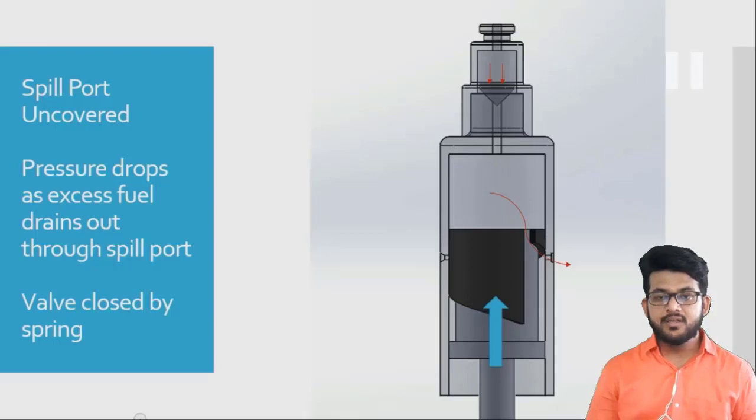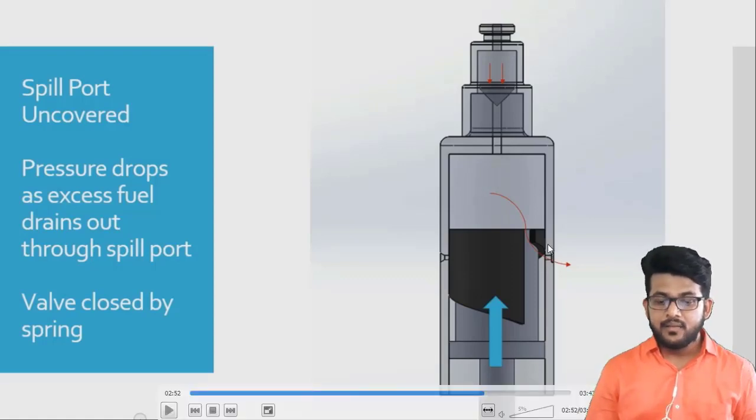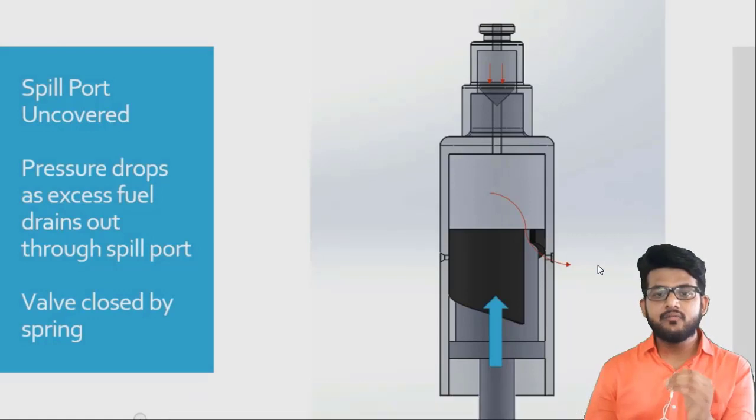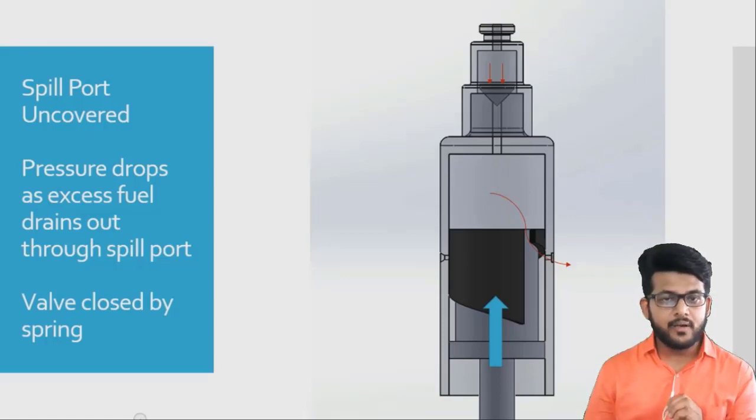Fine. So whenever the pressure is achieved, what is happening then? We no need to increase the pressure. So at that time, due to the short length of this part, the piston, this spill port is now open, because now there is a way for the fuel to go from this direction and go out of the spill. So why is this condition given? Because at certain conditions we only require some amount of fuel or some amount of pressure of fuel. Fine. If it increases beyond that, it will damage our engine also.